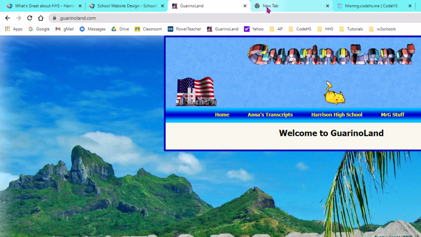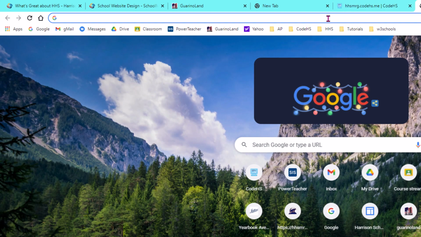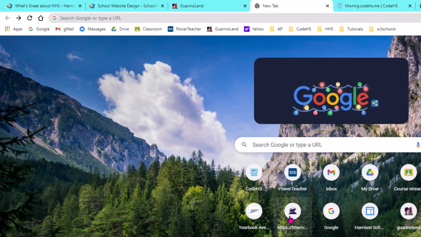In fact, if you open a new tab in Chrome and you get that new tab page, it's got some shortcuts to like your most popular places you go. You can see Guarino Land's got that flag behind the Twin Towers. It's also got the blue tide wave on my CodeHS website. So if I go to my CodeHS website by typing in, I guess I could have just clicked that icon, right? If I go there,